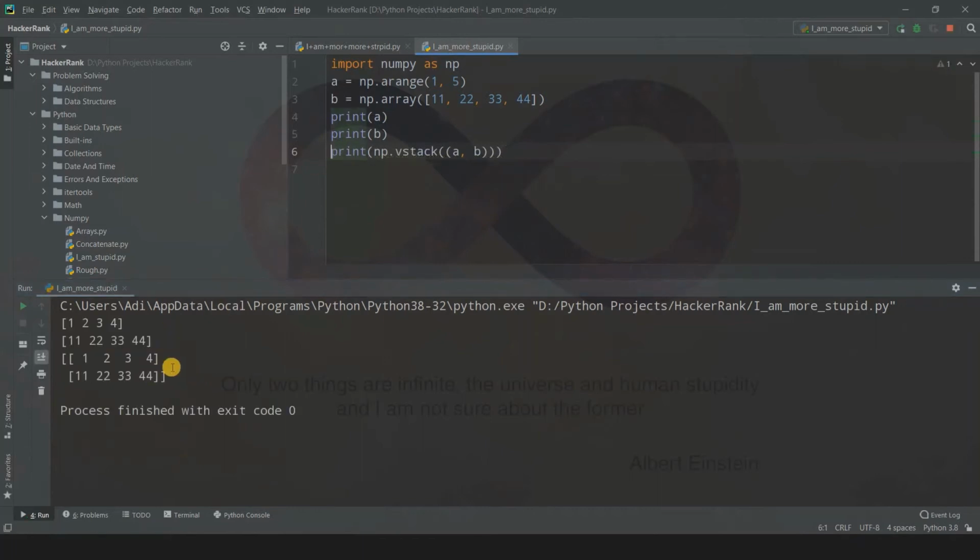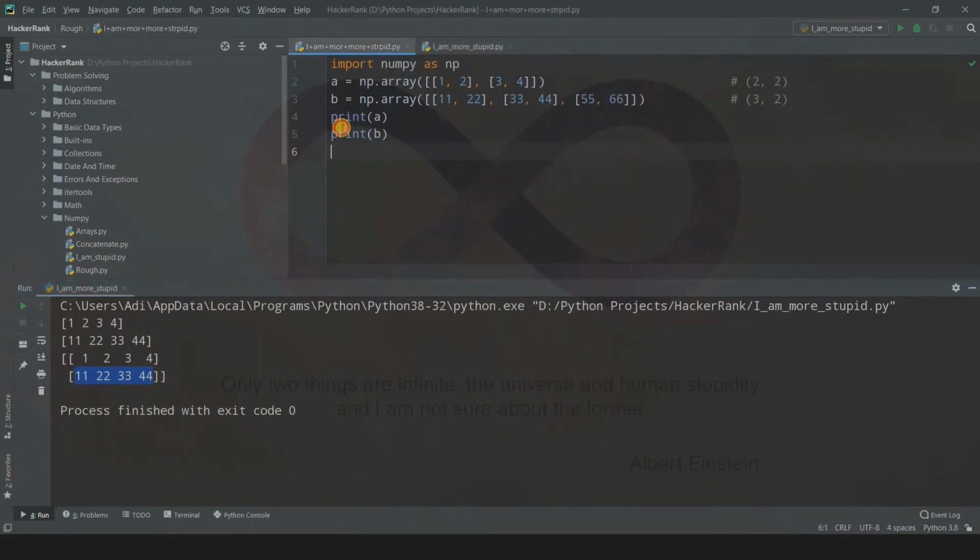So now just run this code. So you'll get a 2D array as the output. When we use the concatenate function, you got a 1D array for the same arrays. But when you use the vstack function, basically the arrays got stacked above. You can say in that sense actually. So you got a 2D array with this being the array A and this being the array B. So that's why we got the stacked array. You can say it returns the stacked array.